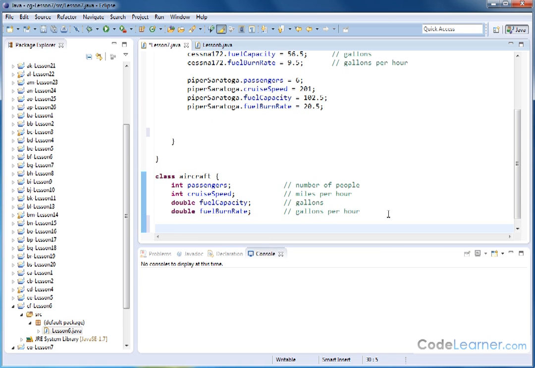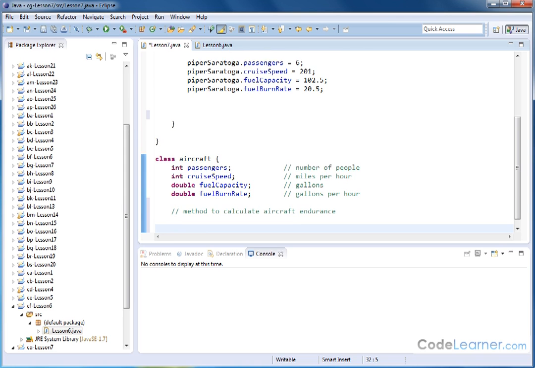We've already covered lessons way earlier dealing with methods. You should know now that a method is a subroutine where you go down to the method, some calculation is done or some task is performed, and then you return from the method. So let's go ahead and create a method here. I'll put a comment and say method to calculate aircraft endurance. All right, and then I will create the method. Now, this particular